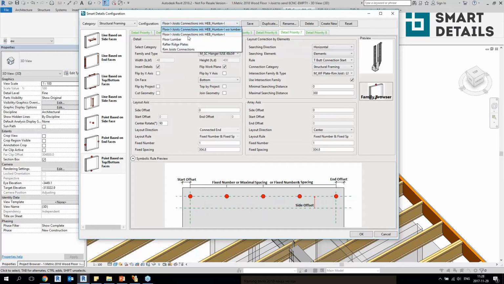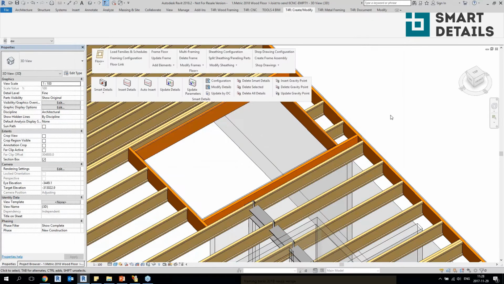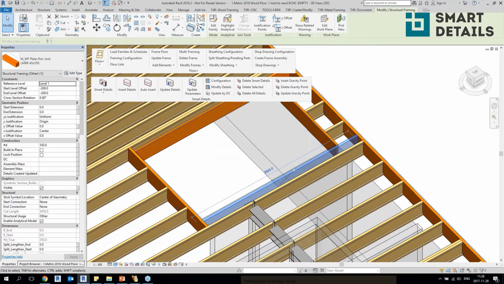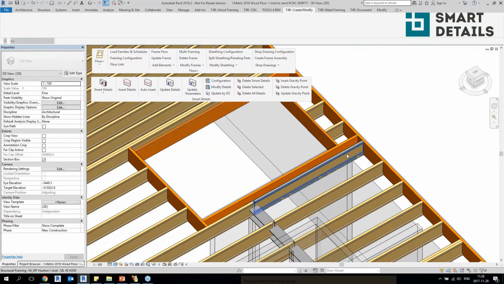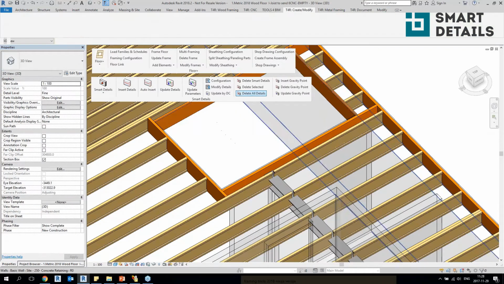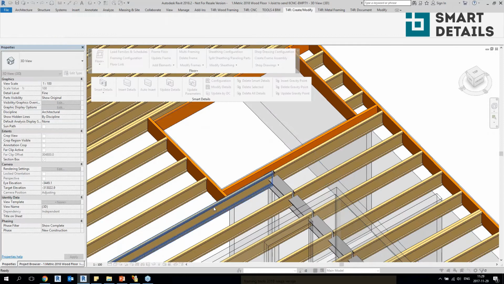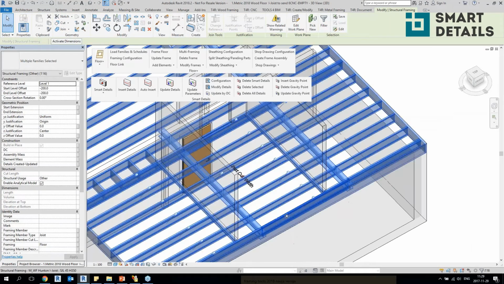So these configurations again can be saved and used in the future, but also I can copy like so. I can just take this configuration, I can copy the name of this configuration and I can write it into the element types. So if I would select this element type and edit it, I can see that this smart detail configuration was written into this element type, and for this element I'm using maybe a completely different configuration. So now I can just very easily select all frame elements in my floor and insert details automatically by different